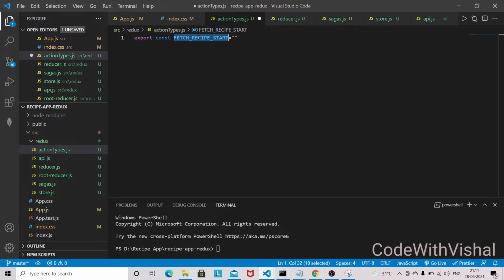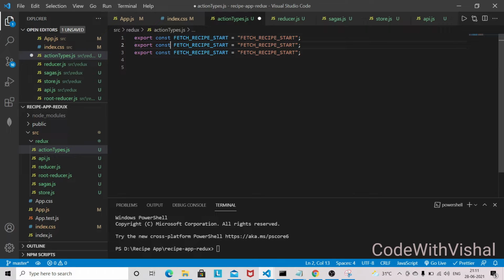So this will be our action type, and I'll just copy this one, and this will be a success. So on success it will return the top 10 recipes. Then there will be a fail. So only these 3 types are required.